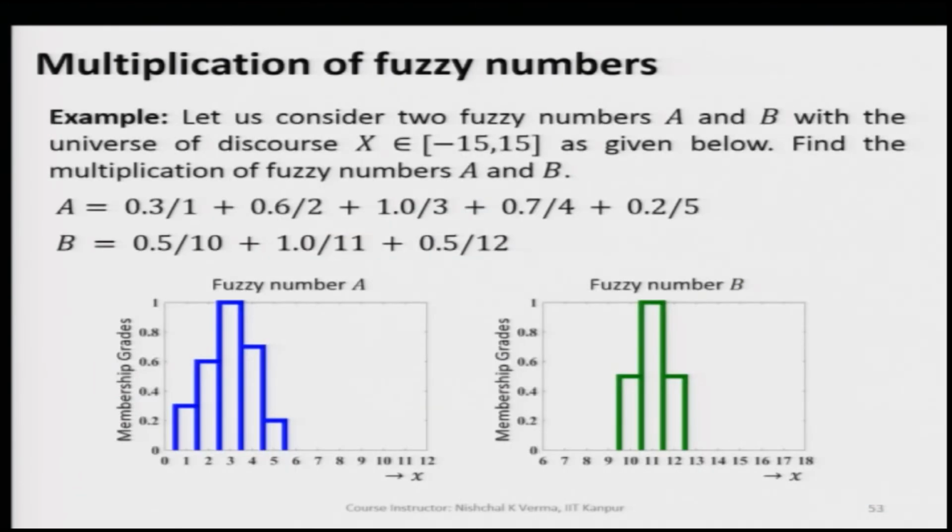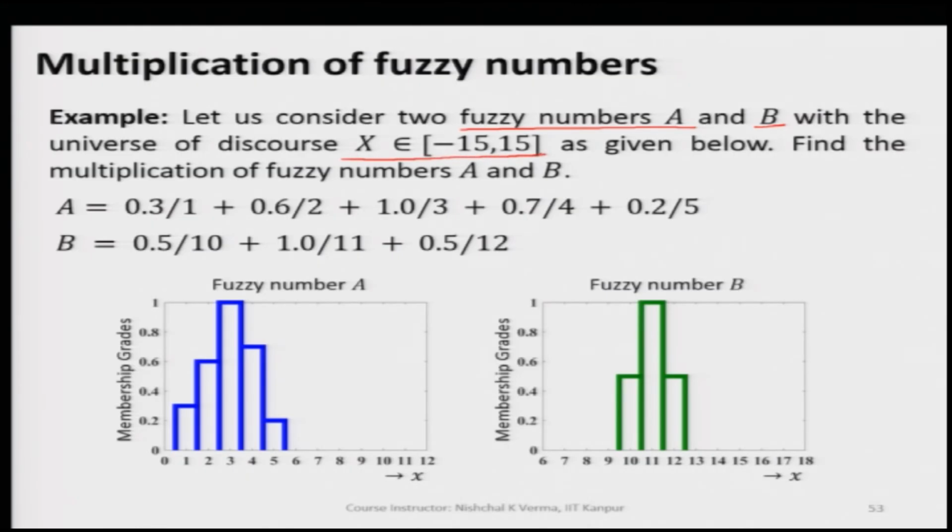So, let us quickly go through an example which will help us understand the multiplication of two fuzzy numbers a little better. Here we have the fuzzy numbers a and b,